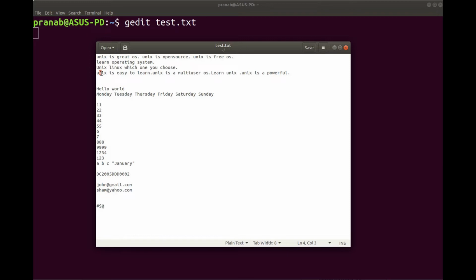Again here the n is in uppercase, and so on. There is also some other information like hello world, days of the week, some numbers, the month January within quotes, a student ID, two email IDs, and some random symbols. We will use this file to search patterns using the grep command. So let us see how to use that.